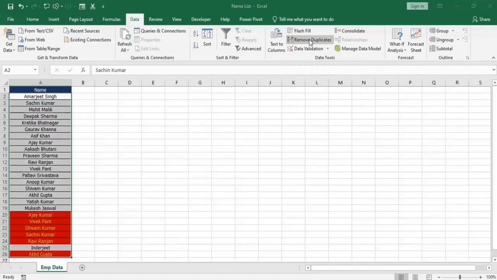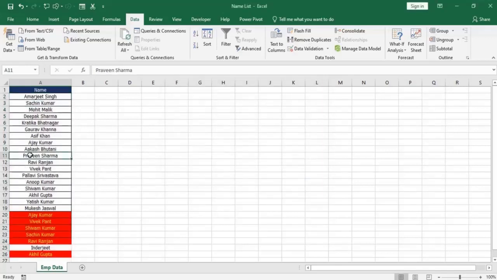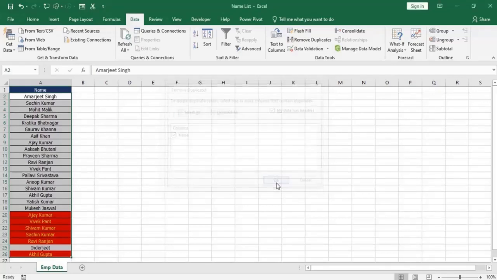Just click on Remove Duplicates, or the shortcut key to remove duplicates is Alt A M. Just press Alt A M and the same window will appear. You have to select the column from which you want to remove the duplicates. In this data I have only one column, so it is showing only one column. Now just click OK.